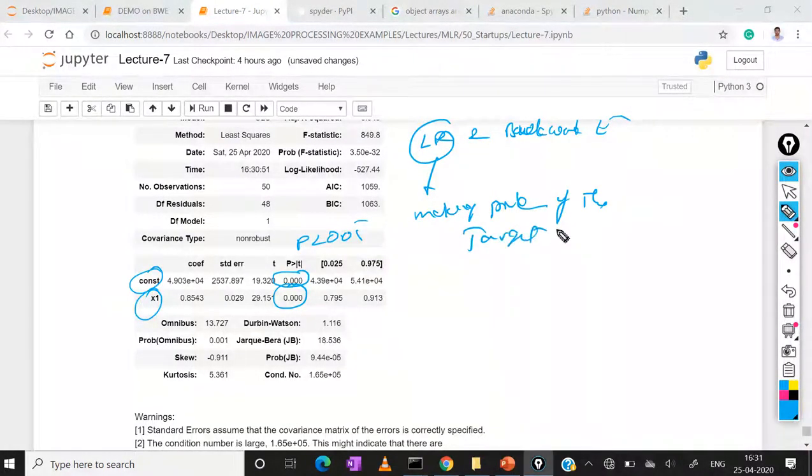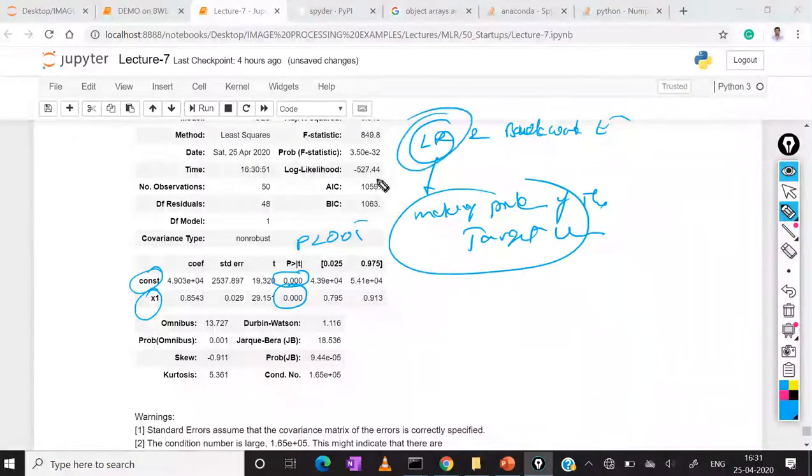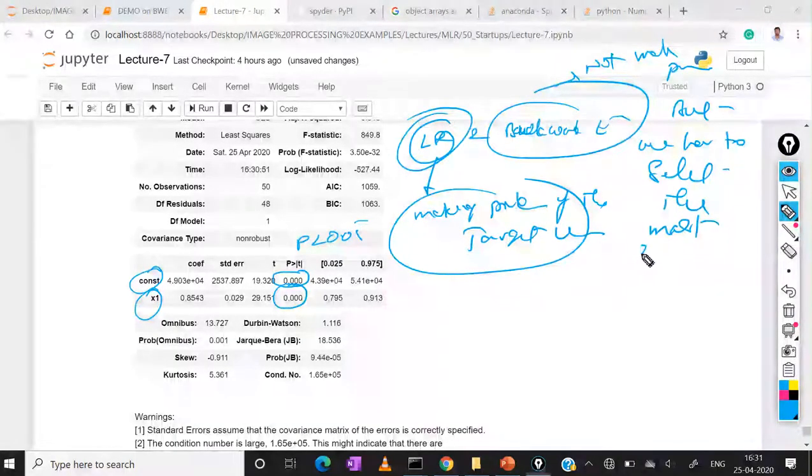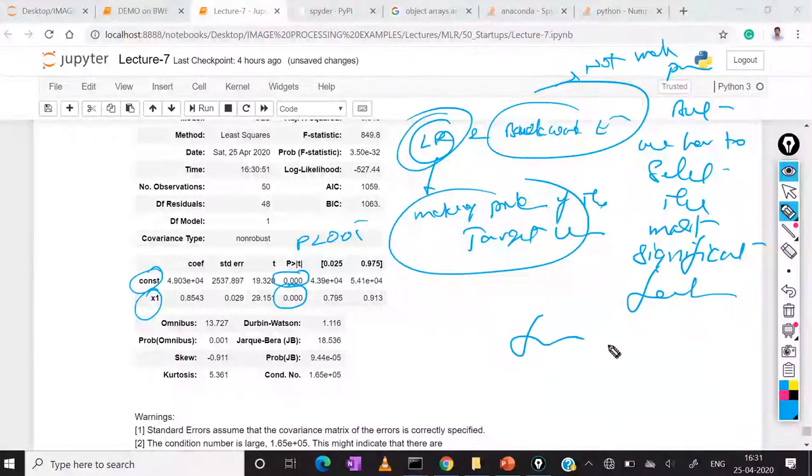But in the backward elimination method, we are not making predictions, but we have to select the most significant features from the independent features. With backward elimination, we choose the best features, and we give those features to the model and it will give better results. That is the main difference between linear regression and the backward elimination method.